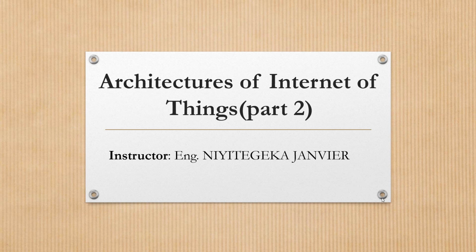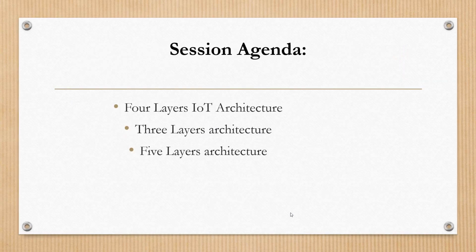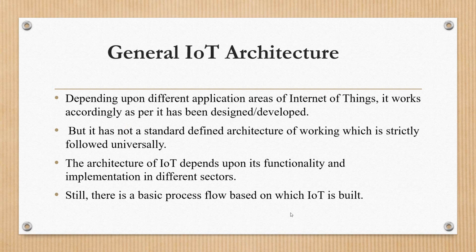Today we are going to talk about the architectures of Internet of Things. In the current session we mainly focus on the 4-layer IoT architecture, the 3-layer IoT architecture, and the 5-layer IoT architecture. The IoT architecture can differ from one solution to another, depending on where the application has been deployed